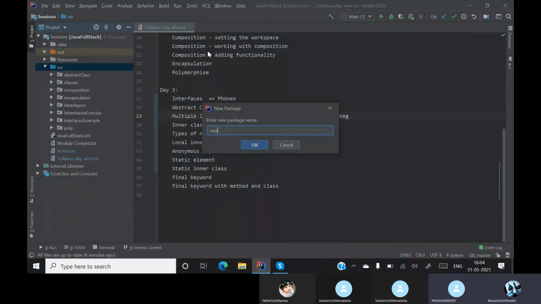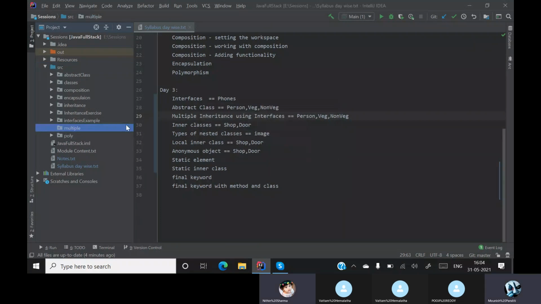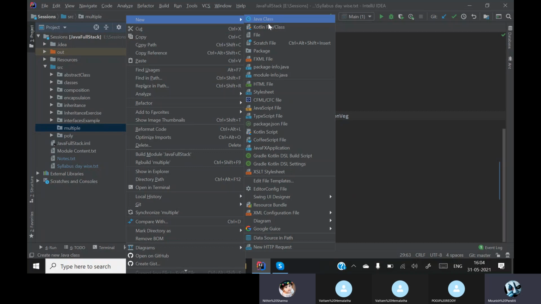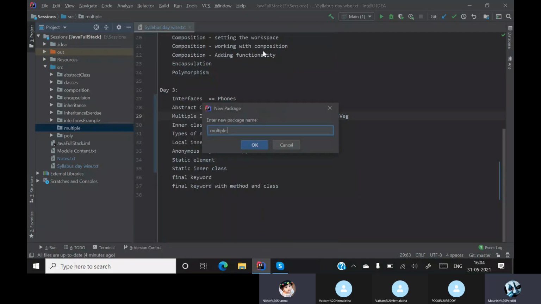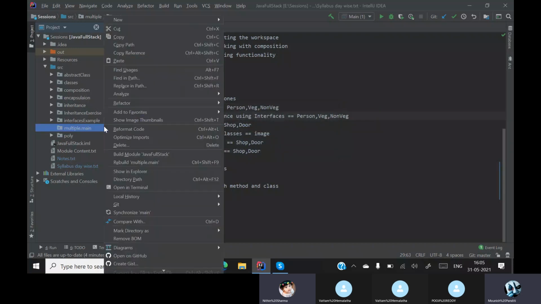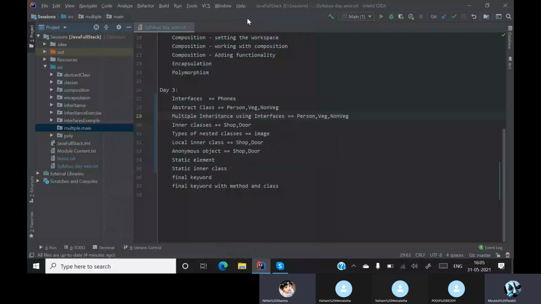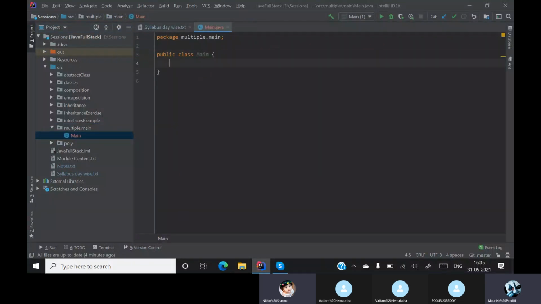It is not possible, right? How is it possible? Come on, if you tell me, even I'll learn. Multiple inheritance is achieved by the interface.